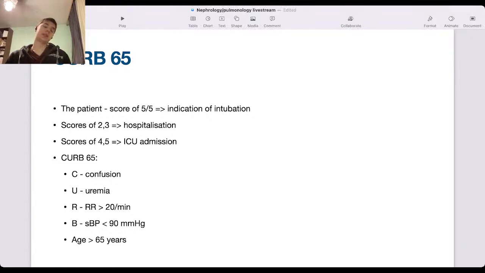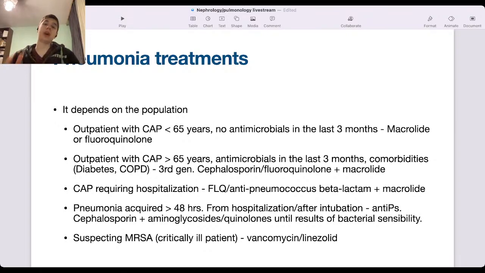Okay, now let's recap a little bit what antibiotics we give in pneumonia. If we have an outpatient with community-acquired pneumonia who is less than 65 years old and had not received any antimicrobials in the last 3 months, we use either macrolides or fluoroquinolones. If we have an outpatient with community-acquired pneumonia of greater than 65 years, with antimicrobials in the last 3 months or comorbidities such as diabetes, COPD, we opt for a third generation cephalosporin,